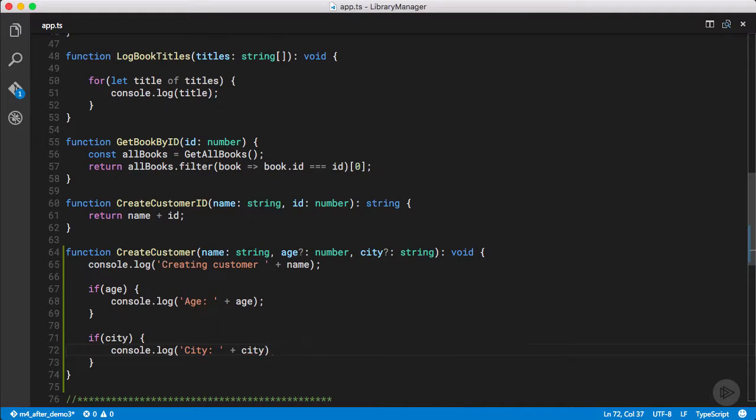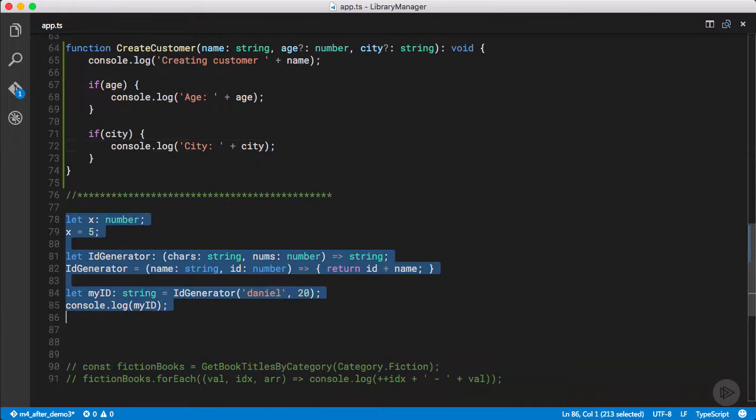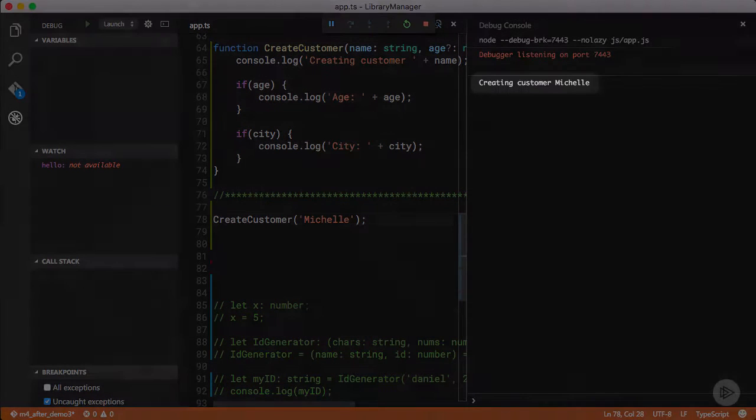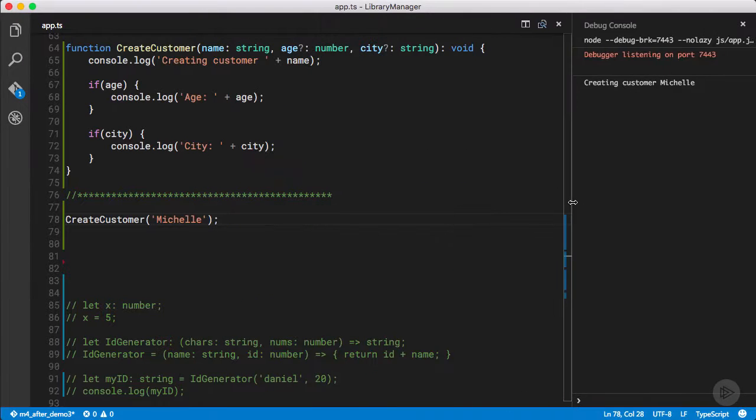I now want to call it with a few different parameter combinations. I'm going to comment out the code from the last demo and move it down a bit. I'll first call createCustomer with a single parameter, the required name. I'll run it and we get just the one log statement with the new customer name. Since I didn't pass the other parameters, the if statements around them evaluated to false and no attempt was made